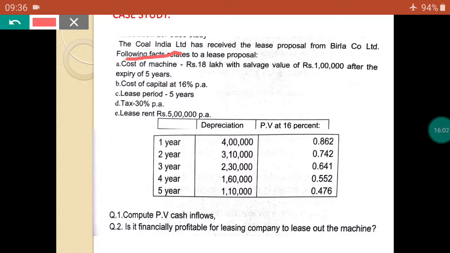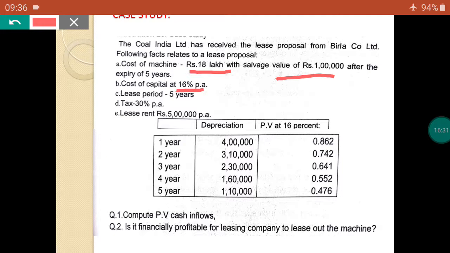Following facts relate to a lease proposal. The cost of the machine is 18 lakh, salvage value of 1 lakh after the expiry of 5 years. After that, cost of capital